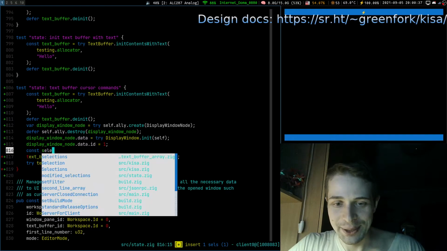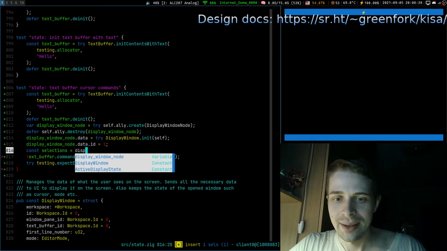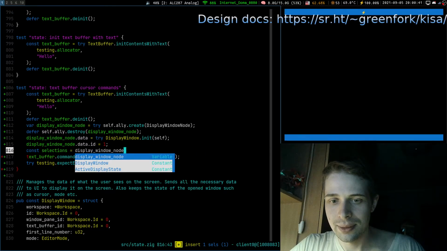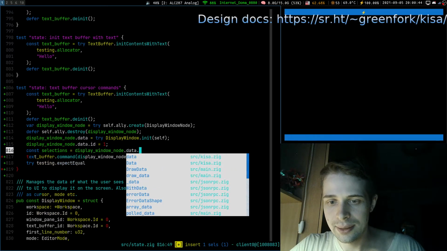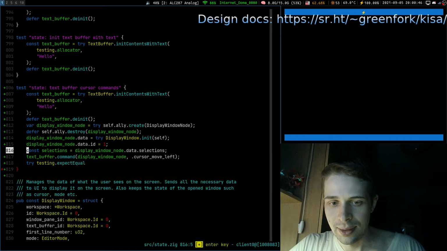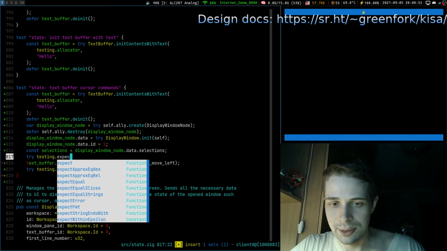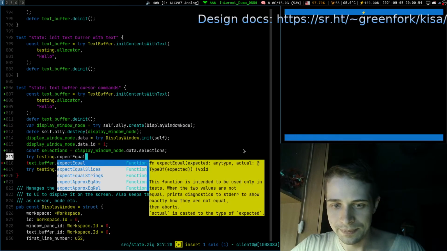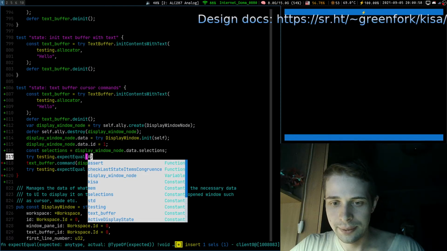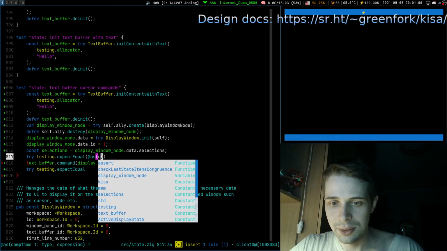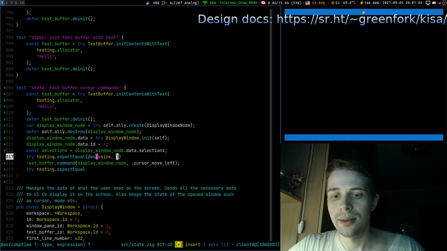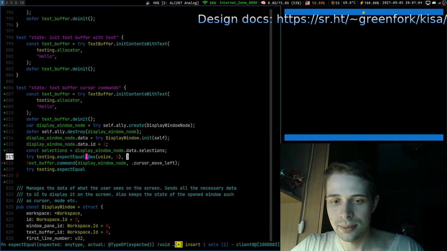Let's get our selections first. Selections, display window node. Data selections. This is what we have at the very beginning. And let's try several certain assertions. Equal, yeah. We have our usize 0.